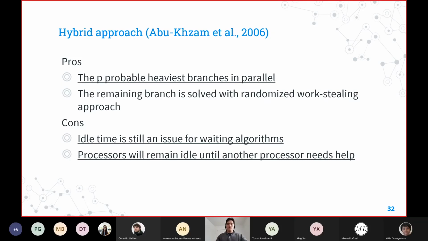They definitely share the same disadvantages. They share one of the advantages, which is probably the heaviest branches in parallel, because the closer we are to the root, the more probabilities of finding an optimal solution within a particular branch.